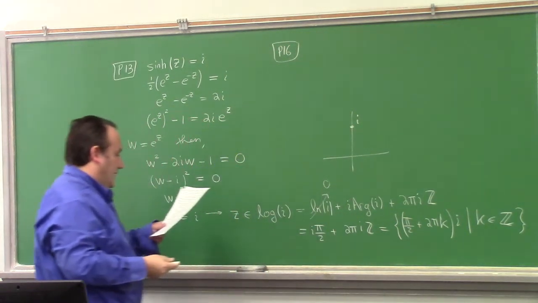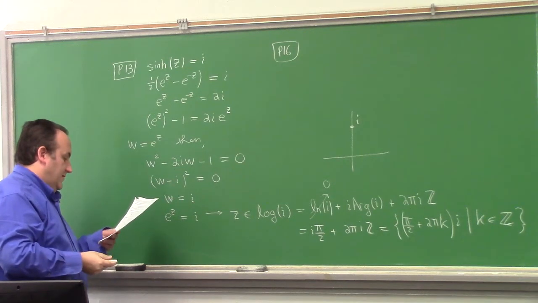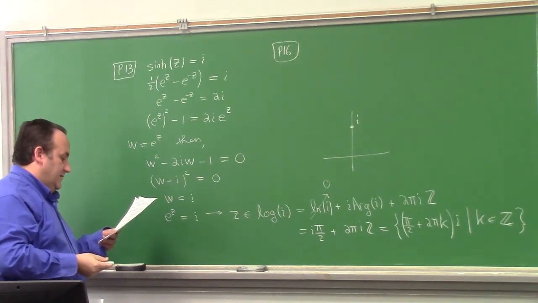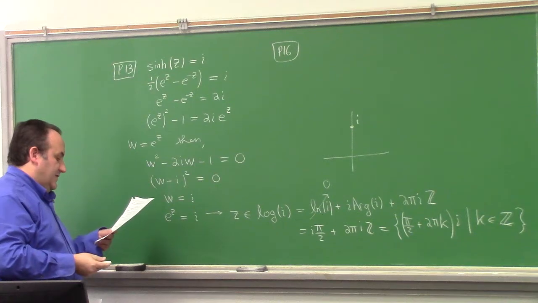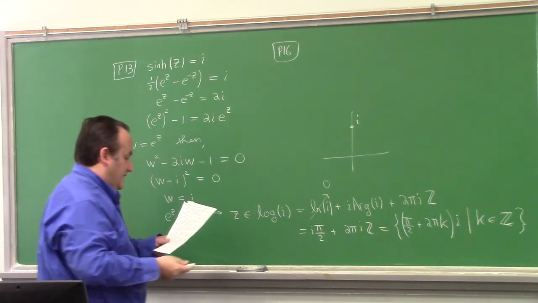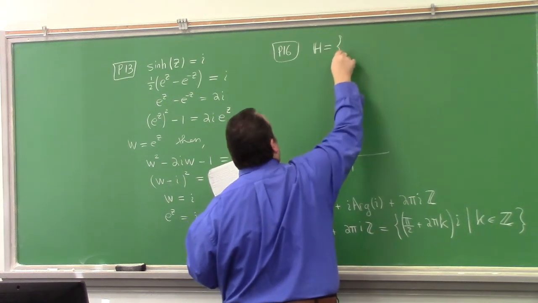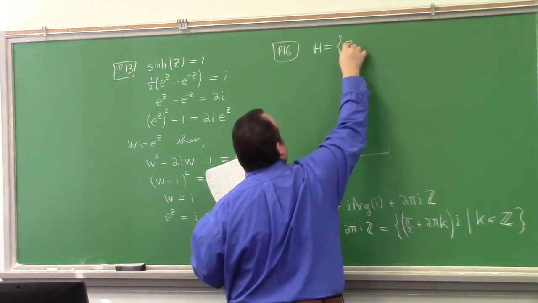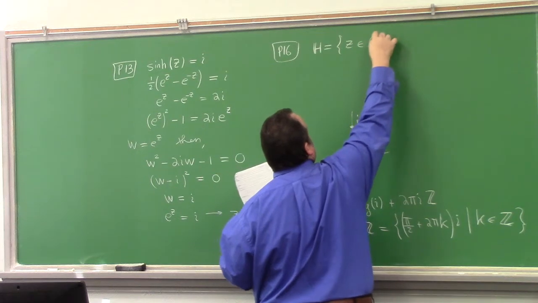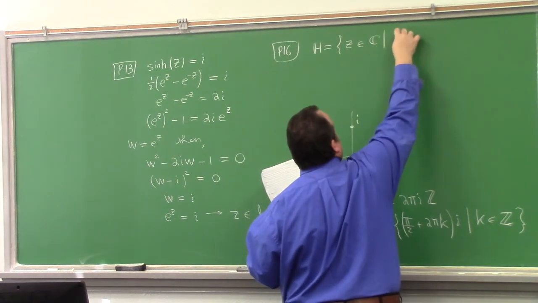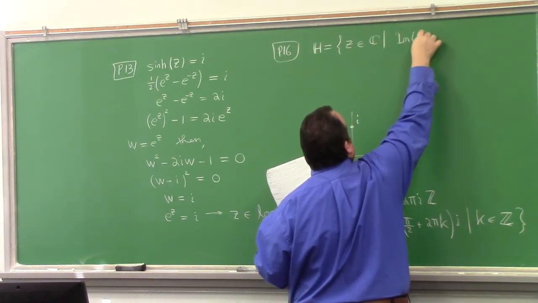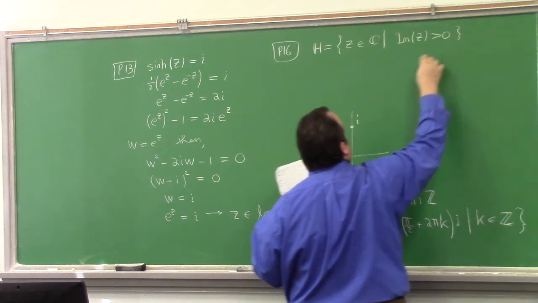So here you're looking at H as the half plane, and you're supposed to give a sketch to show that 1 plus i is an interior point of H. So the half plane H, what was it? It was z in the complexes such that the imaginary part of z is greater than 0, right? So a picture of this is,